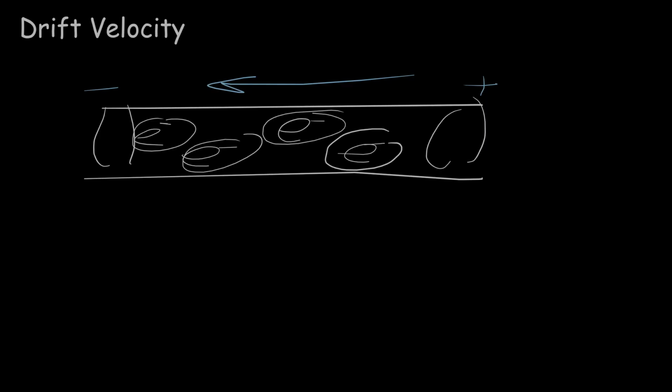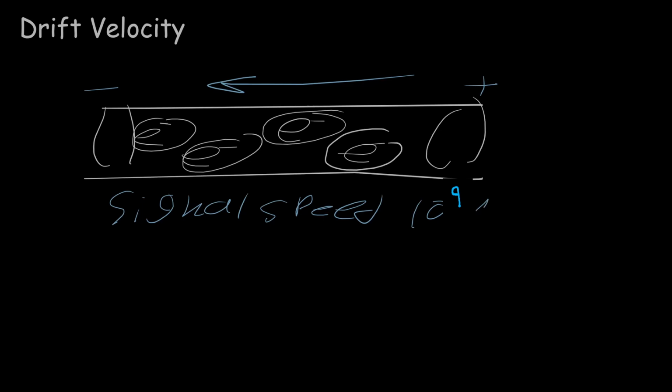This is what's called the signal velocity, or the signal speed. And this is about 1/3 of the speed of light, so it's just 10 to the third power of meters per second. This is what you notice immediately when you power on a device. But these electrons actually drift very, very slowly. Sometimes, if you have a 10 millimeter wire, you might see something like 10 to the negative something meters